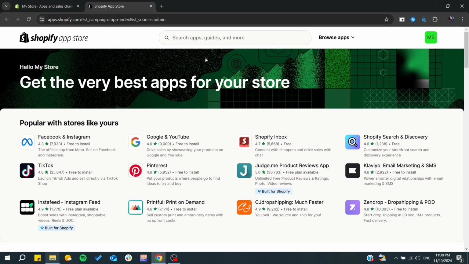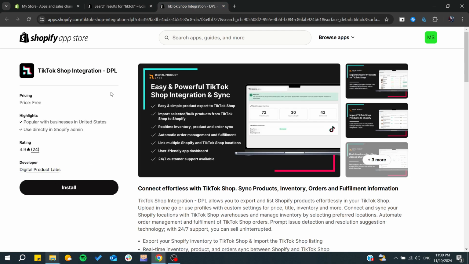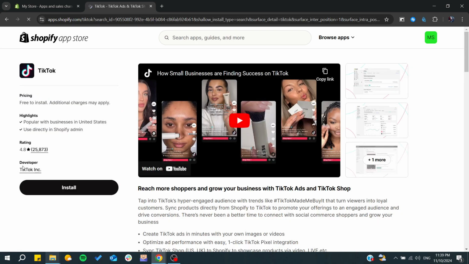We click on it, and basically from here, you will be able to see all the applications. If you don't see it in the popular with stores like yours, you can just simply search for TikTok, and as you can see, we will find this TikTok Shop. So make sure to avoid those that are not official TikTok applications, and it's better to use the TikTok official integrations. So I'm going to click on install,